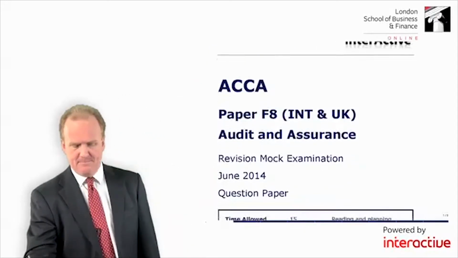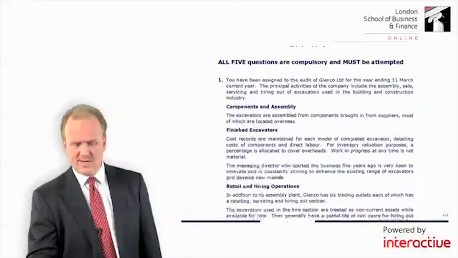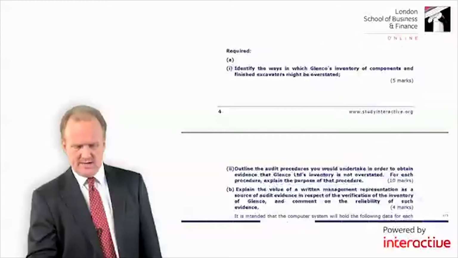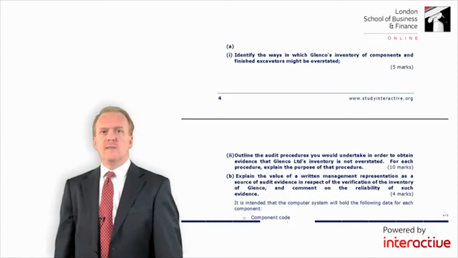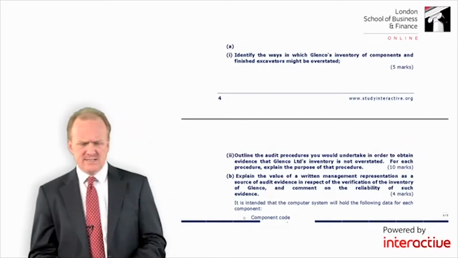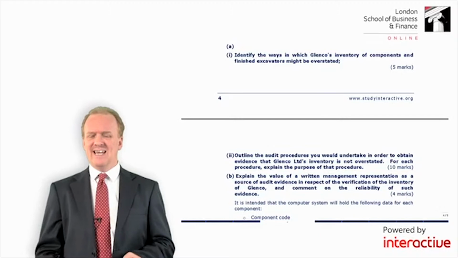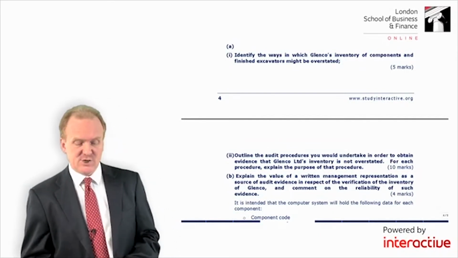Right, here we go then. So question number 1, ignore the story, not relevant. That will become more important later. Here we go then. So A part 1 says identify the ways in which Glencoe's inventory of components and finished